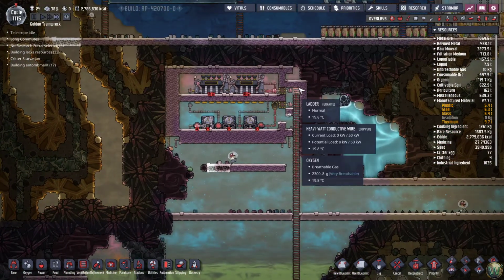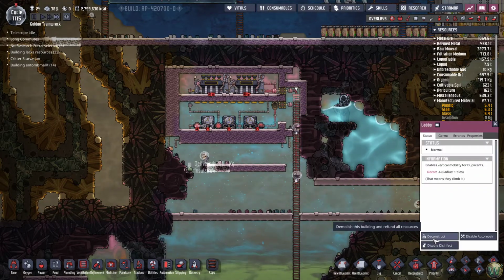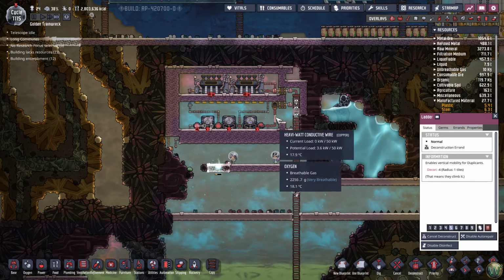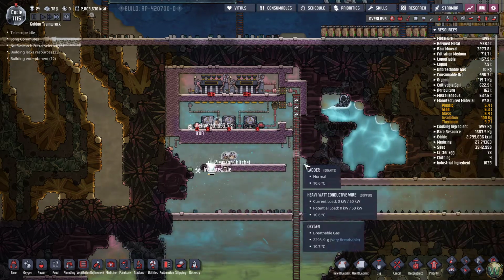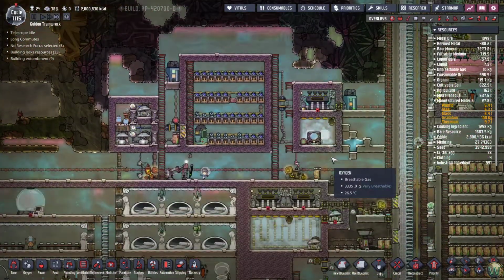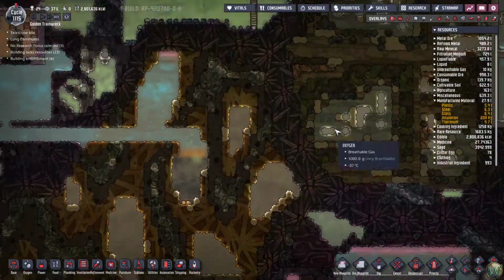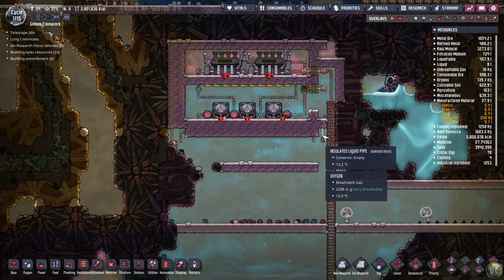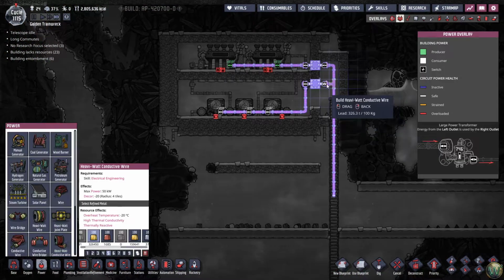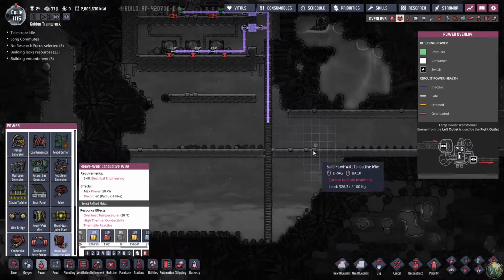What's going on here is I need to actually build a vacuum room here, like we have on our steel cooling room, and that's because I need to have a heavy watt wire coming in here because there's 3 aqua tuners, and that's way more than 1 wire, and I don't feel like running 3. So it's basically this exact same concept, but up here instead, clearly. So we're going to need a gas pump in that room, but I won't do it yet. And this can connect up there. I don't know why I didn't do that already. And then this is going to have to go...